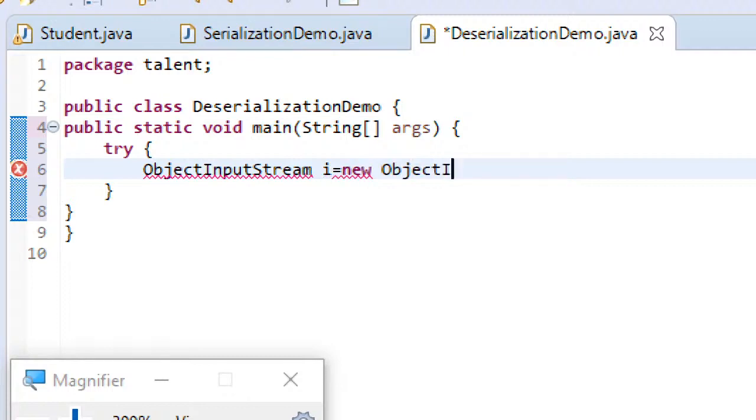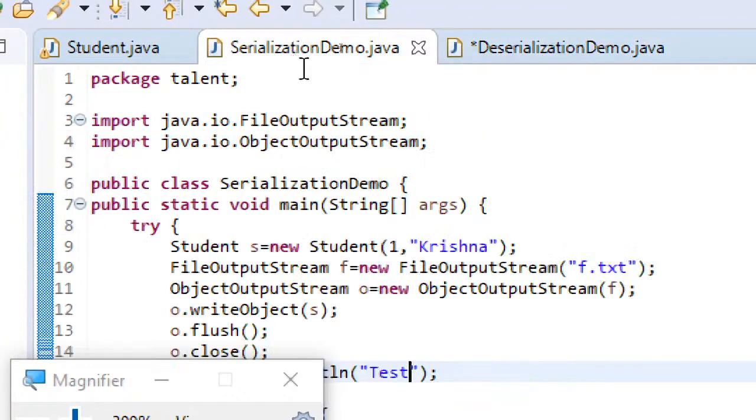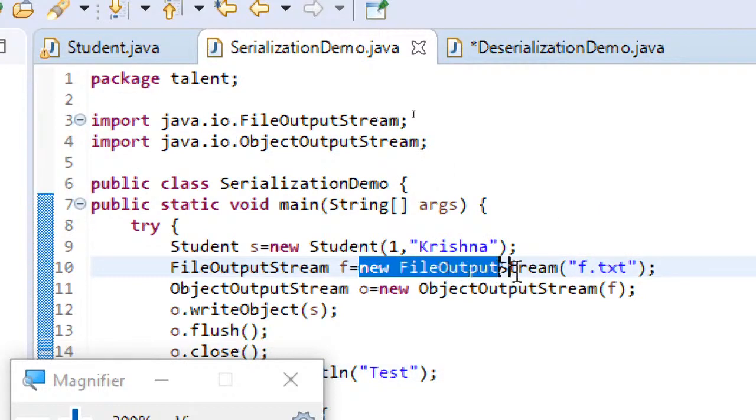And here I have to pass that particular file input stream. What is the file input stream name we have used? f.text. So this thing we have to read there.